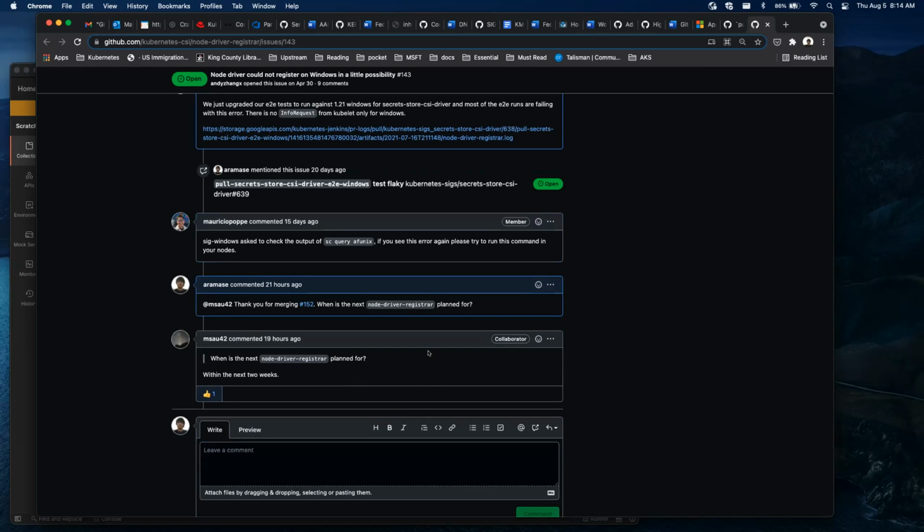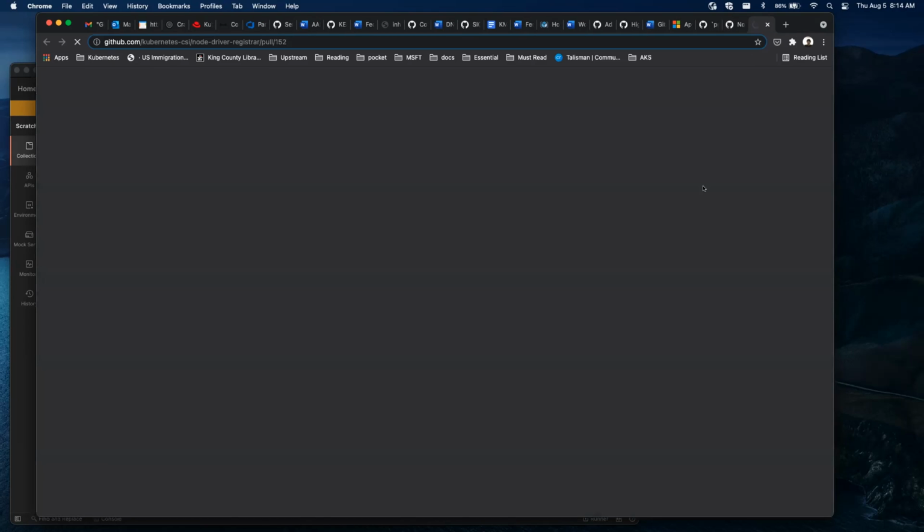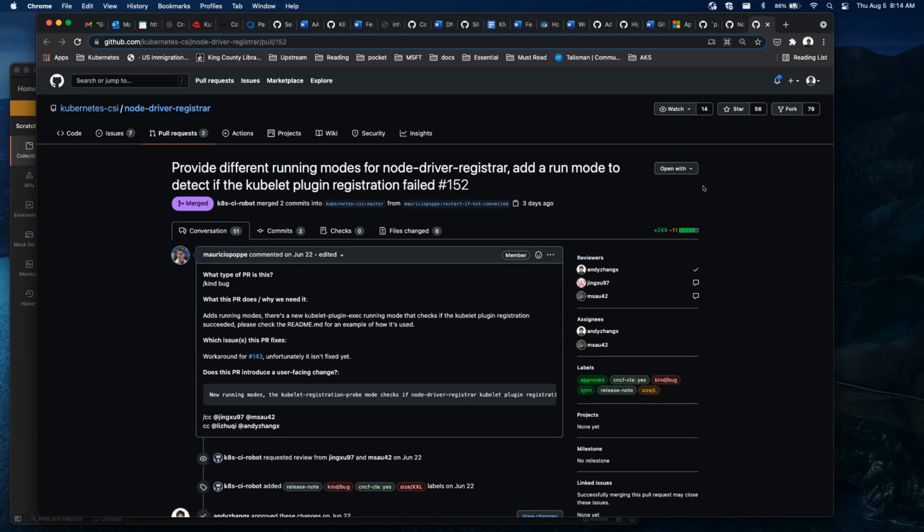I think the issues are somewhere in the kubelet code, but I think the node driver registrar have implemented a temporary fix, which is basically adding a new mode in driver registrar, which can enable liveness check. So we can configure a liveness probe on node driver registrar to check if the driver is registered. If the liveness probe fails, it'll restart the node driver registrar, and it'll do that until the driver is registered